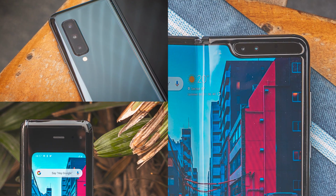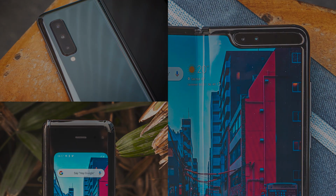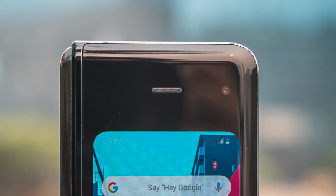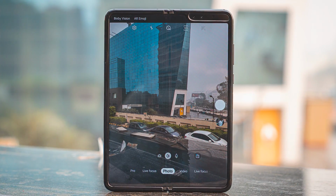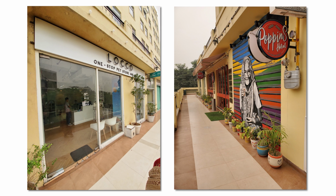So, if you want to take photos with the Fold, you can use one of the 6 cameras on the phone. Yup, 6. 3 on the rear, 2 selfie cameras on the notch inside, another selfie camera above the front display. But here's the thing, the kind of pictures that you get with the Fold are exactly what you can get with the Note 10 Plus, which means you get excellent dynamic range, sharp details in good lighting situations, and